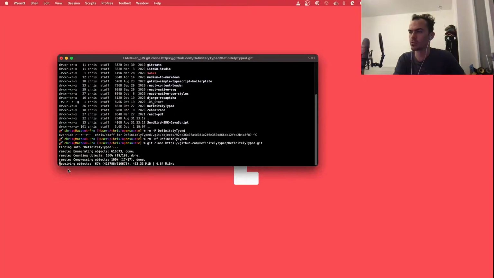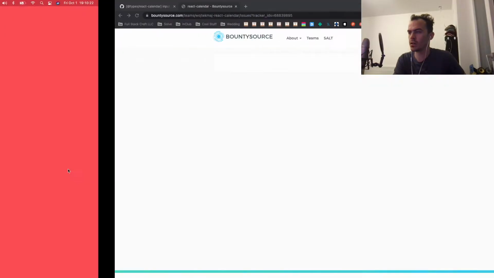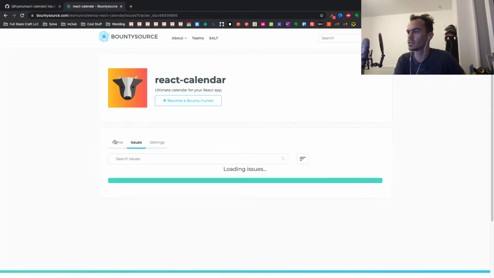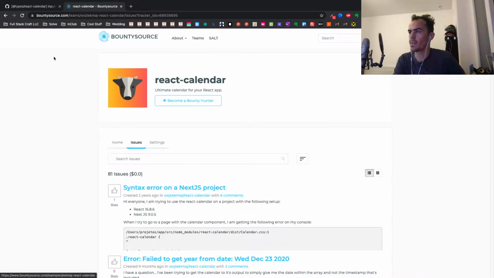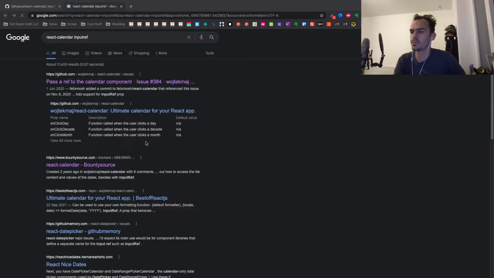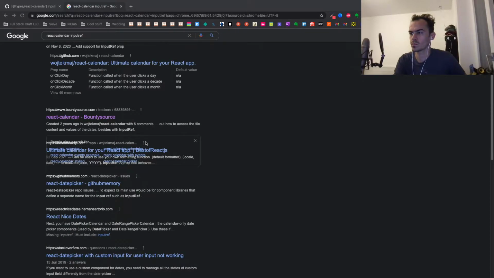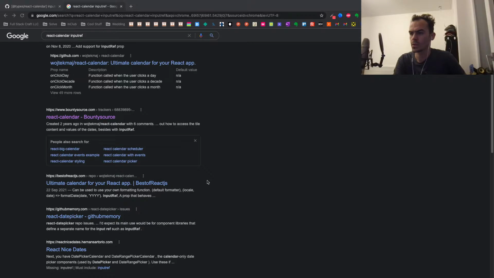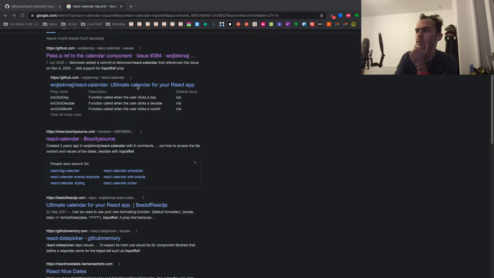Is it done? Are we done cloning? No, it's super big. Ah, the heck? React date picker. GitHub memory. There we go.